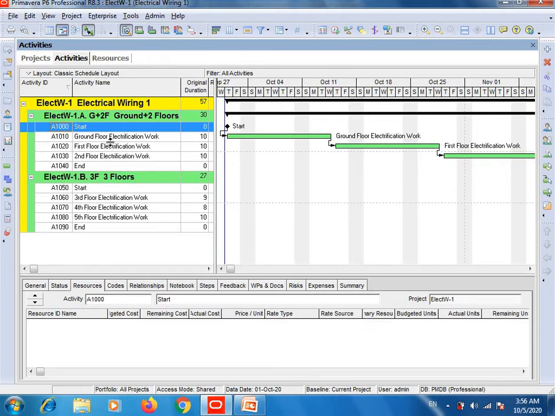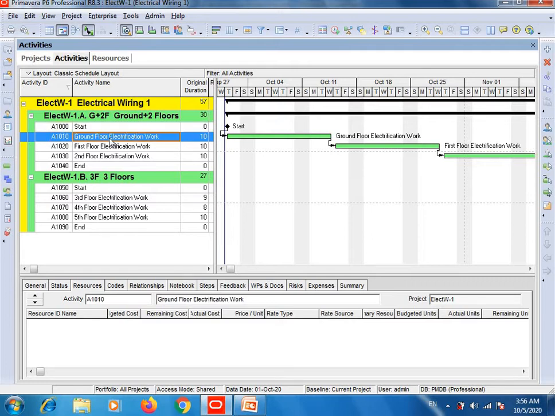First, click on any activity. For example, I click on the first activity of the first WBS. Put your mouse cursor here, right click, then click on customize resource column.